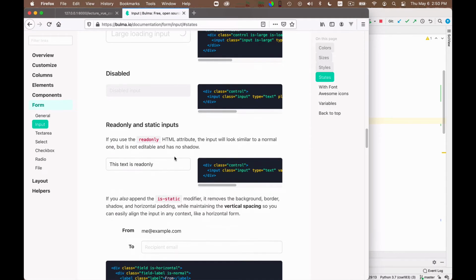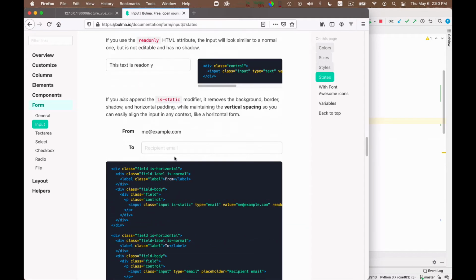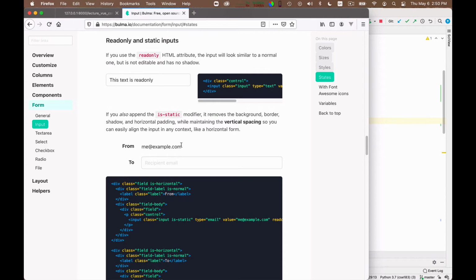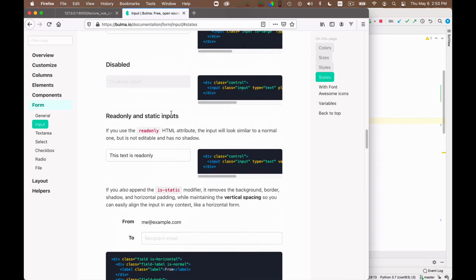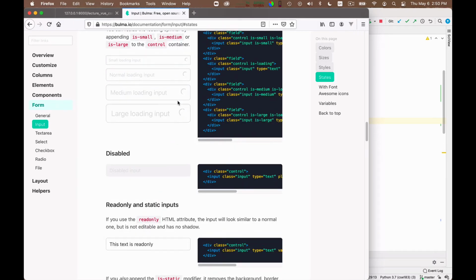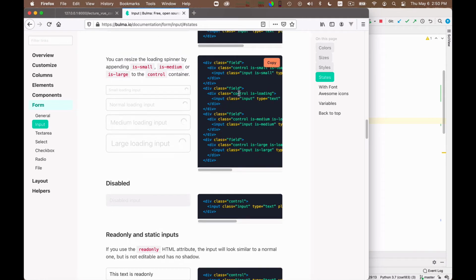So let's start actually from the control element. I need to say that it is loading. You see, it's the control element that has is-loading if the field is pending.